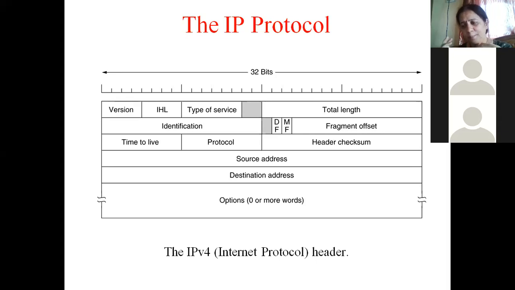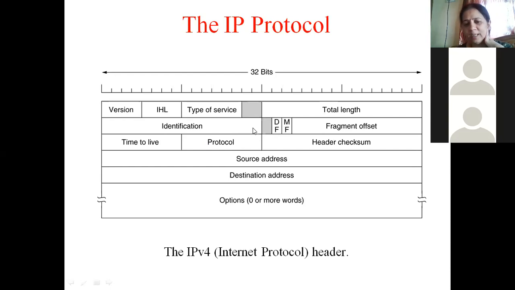Every packet of data that is there in a datagram in the internet will have a time to live field. It is like a validity field. How long this packet will be valid, how long the data inside the packet will be valid, that is indicated with the help of time to live. So at every hop, every time it is sent to a router, the time to live field is decremented. And if time to live field hits 0, that means its life is over and that packet is going to be discarded. Then comes another 8-bit field, which is called the protocol field.